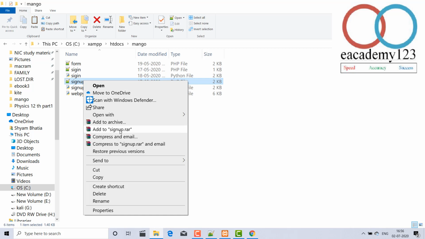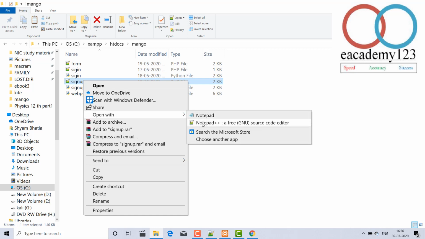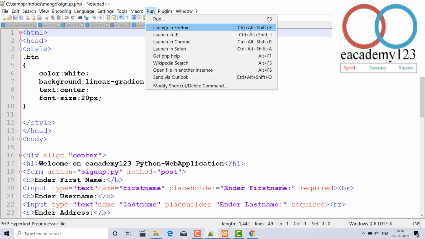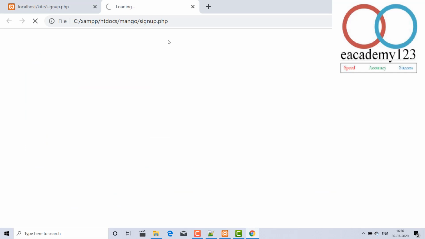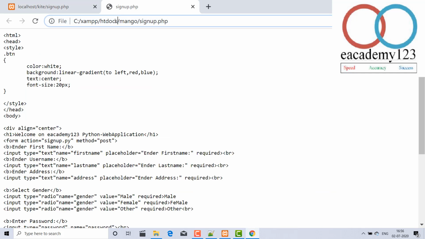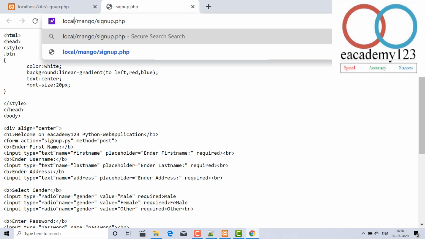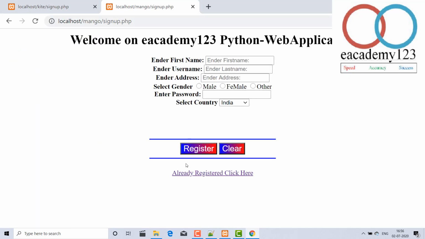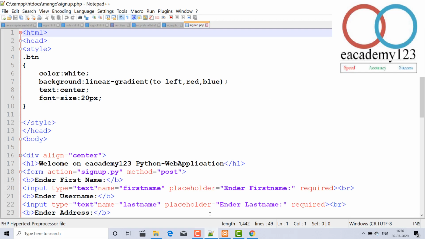Here I am explaining that, and in the upcoming videos I will explain more. So first of all, sign up dot, and if you run it and open that, let's see whether it works or not. Yes, it's working. And how to show it here: close localhost and enter. Yes, it's working. But how to do that? I am starting it.